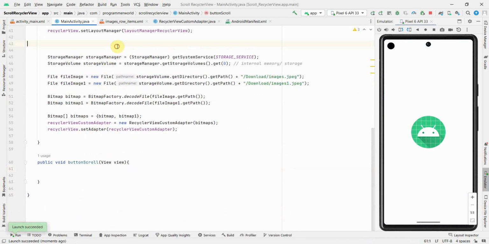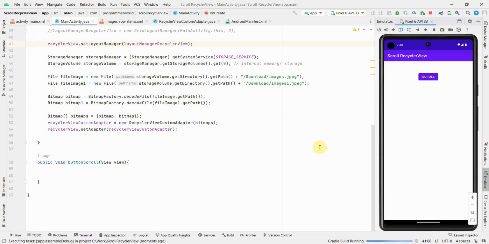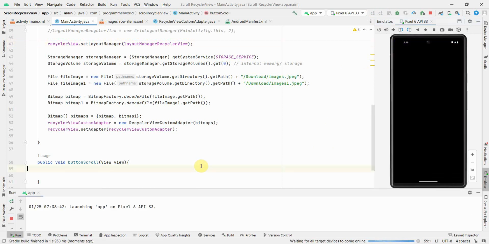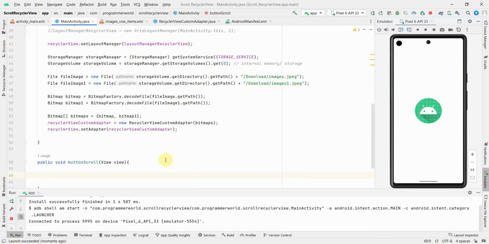So that will be done. So let the layout come up in parallel. What I can do it. Okay, it's asking for me to allow. I think I may have to rerun the app. Okay, in parallel, what I can do is, in this scroll button, I can see there are lots of